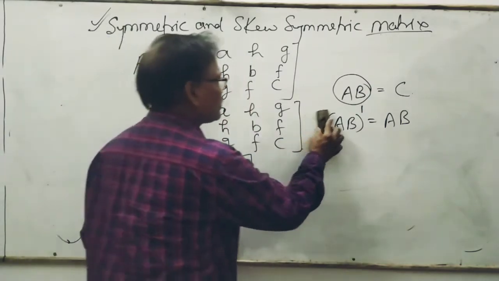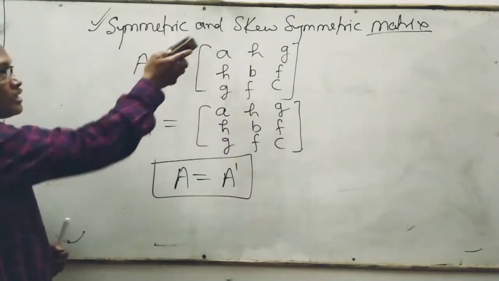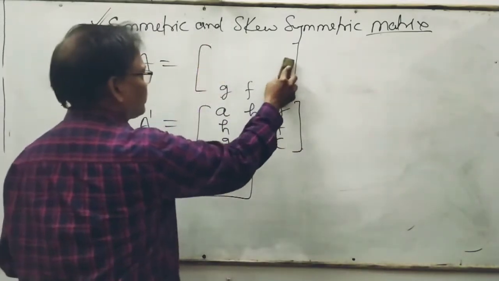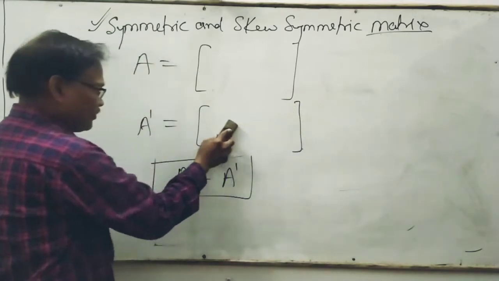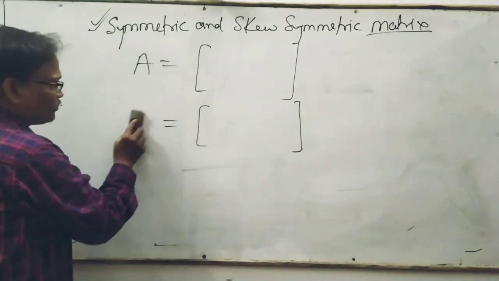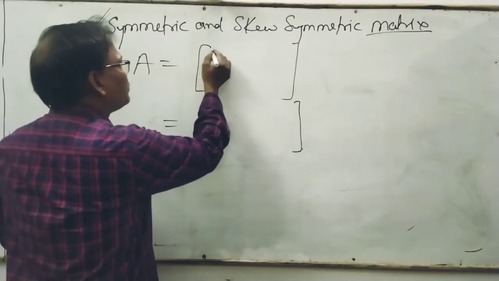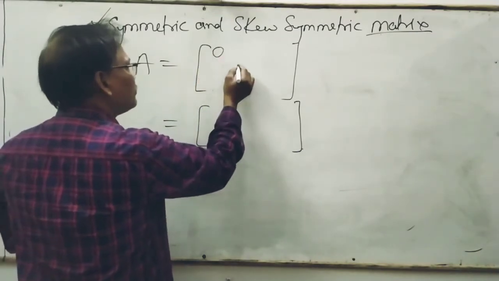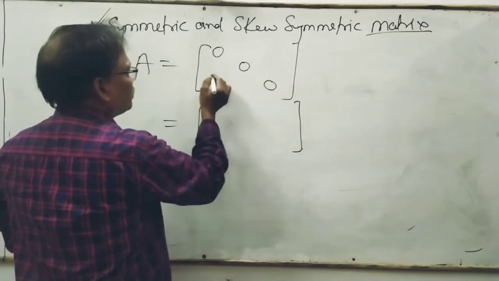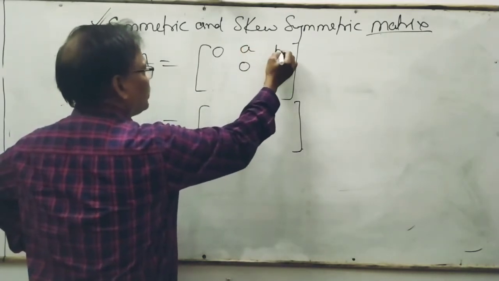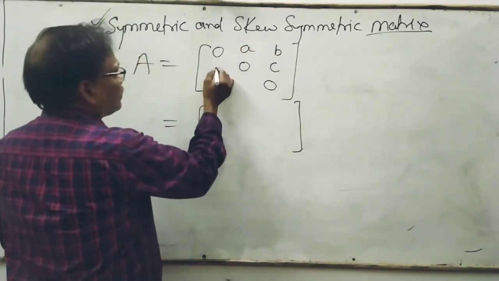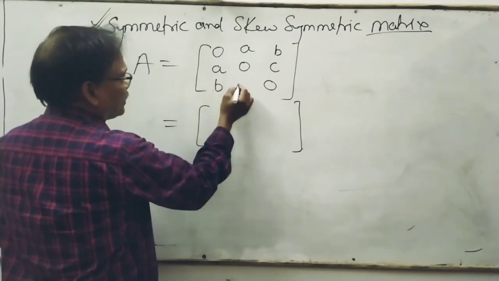Second matrix, I tell you, the skew symmetric. अब skew symmetric में हमें कुछ और मैट्रिक्स लेना पड़ेगा. हम लेके बता रहे हैं इसको. If A is equal to 0, 0, 0, A, B, C, A, B and C.